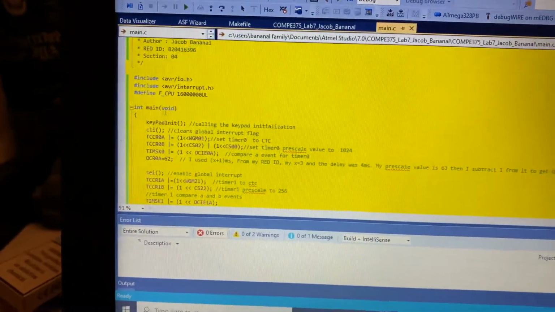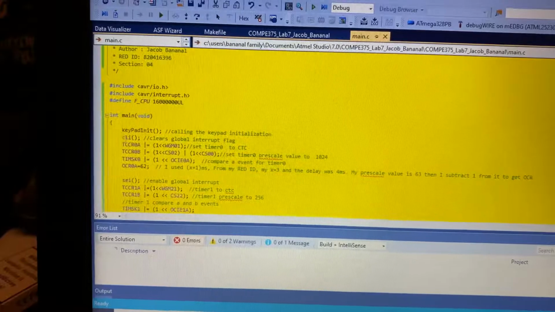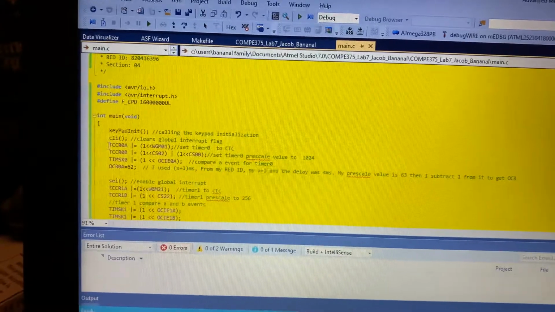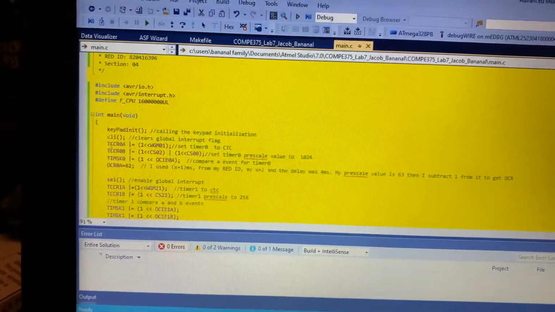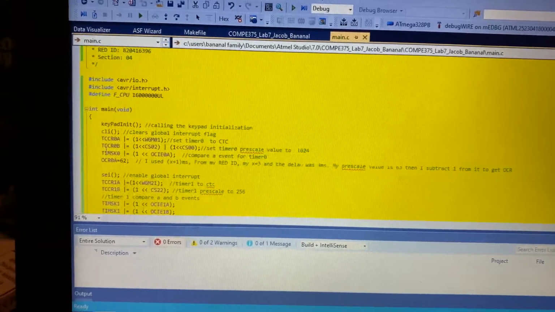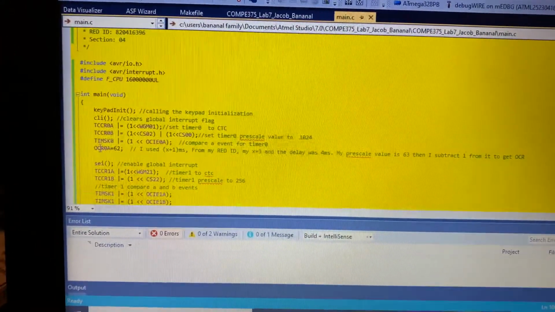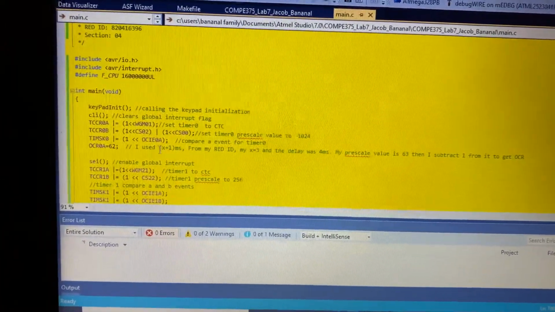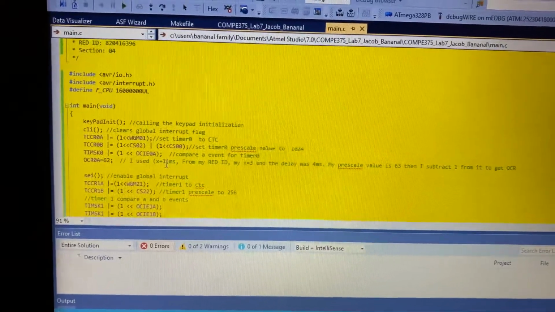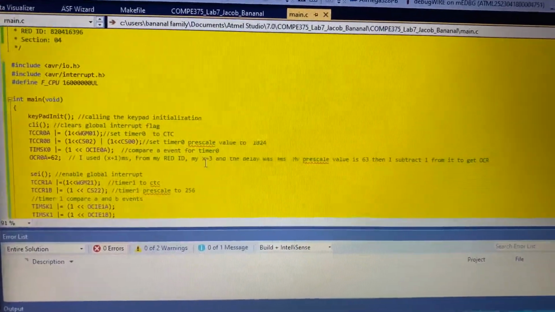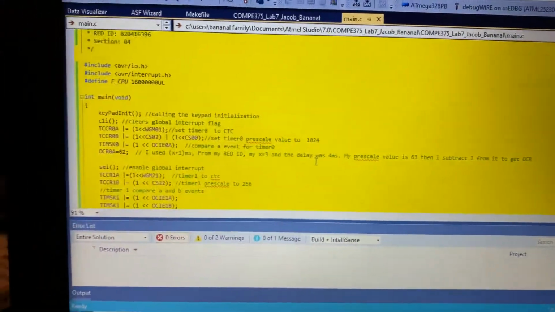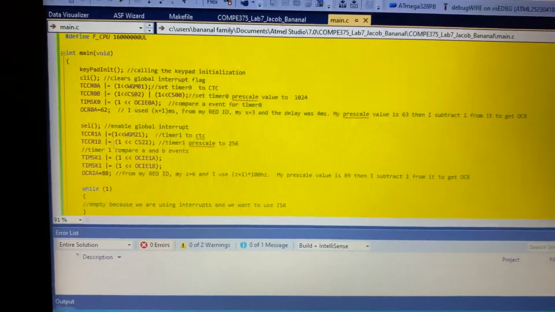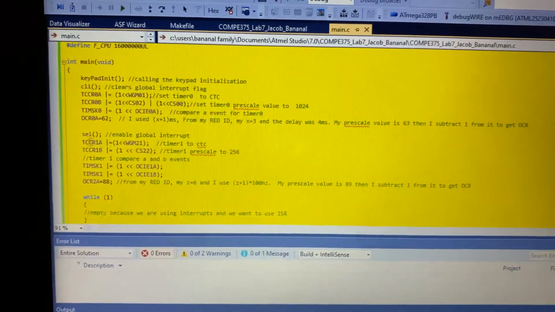As you can see in the main, I have my keypad initialization, my clear, and then I set timer 0 to CTC, and then I set the timer 0 prescale to 1024, and then I prepare an event for timer 0. For my OCR0A, I got 62, where I use the equation X plus 1 ms. The X is from my Red ID, which is 3, and then I got 4 for my delay. And then I call the SEI, which is the enable global interrupt, and then use timer 1 to CTC,